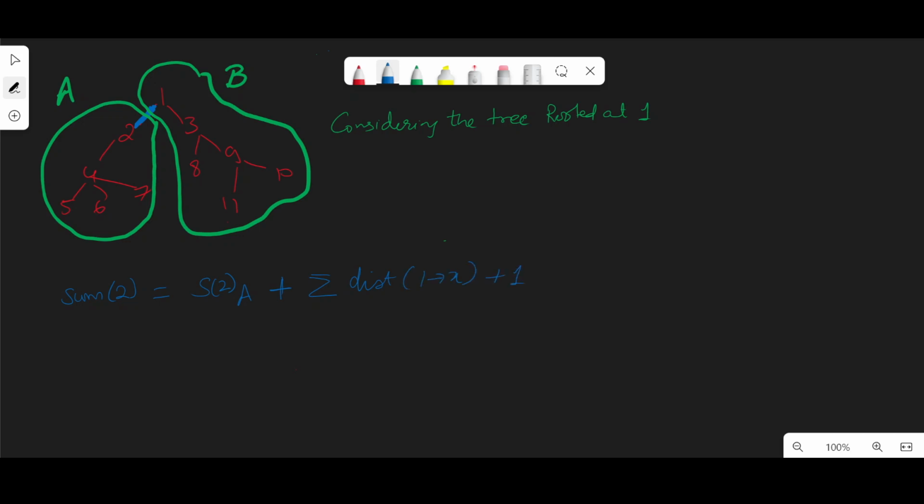And this is for all nodes in B. So essentially what this becomes is sum of 2 in A. If you think about what this represents, it is essentially sum of 1 in B plus the number of nodes in B, right? So this is what you get for